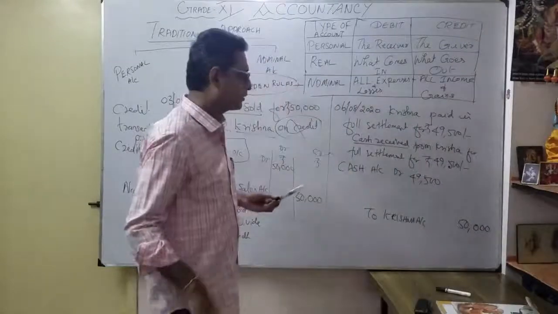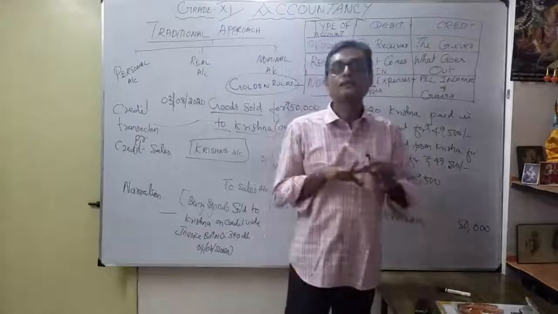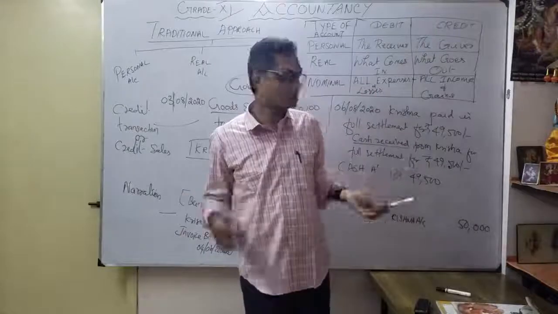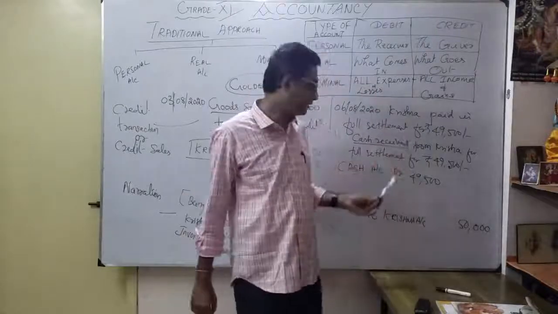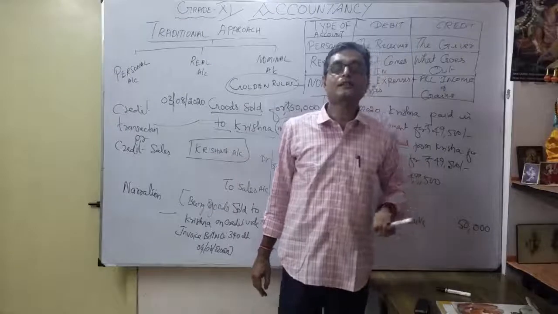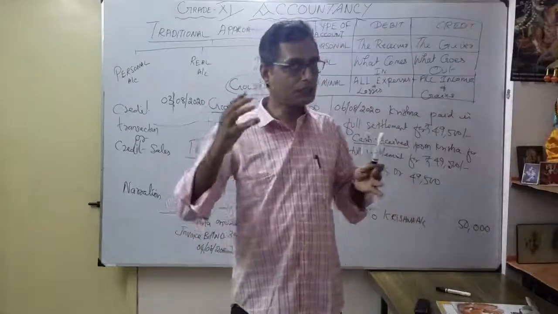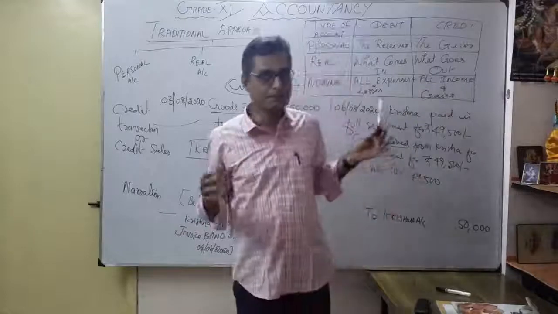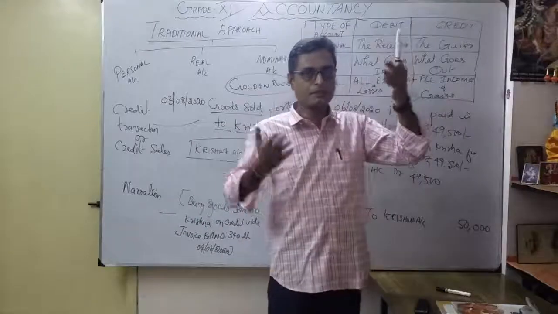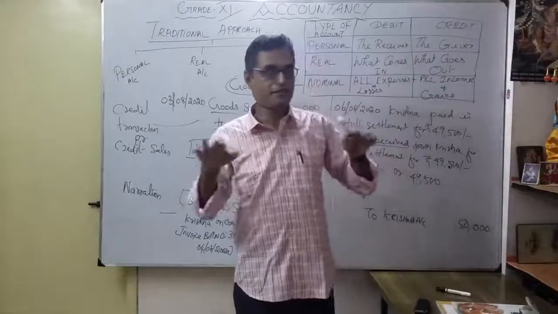So always, debit and credit should be equal. For every corresponding debit, there is a corresponding credit. So that's why it comes under the double entry system. Okay. So now the question of balancing any debit should tally. Any journal entry, debit and credit should be equal. Should tally. Now understood?